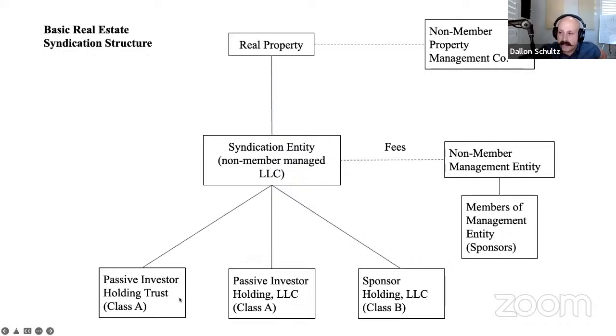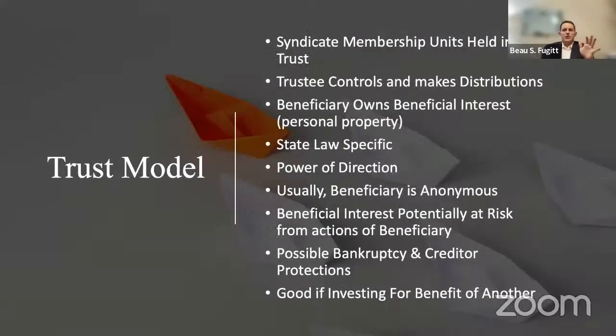But as a passive investor, Bo, what would be the best next step for a passive investor if they wanted to get involved in a syndication like this? Great question. And that leads on. So there's two models that I would recommend. The first one is not my favorite, but would be the trust model, just setting up your standard trust, right? And then that trust can actually own membership units of the syndication LLC.